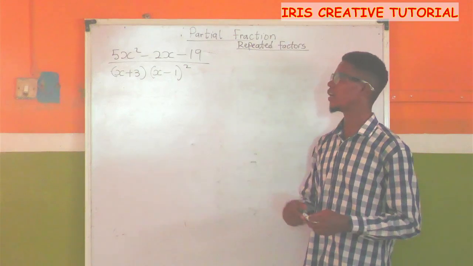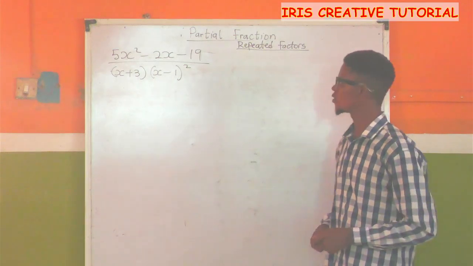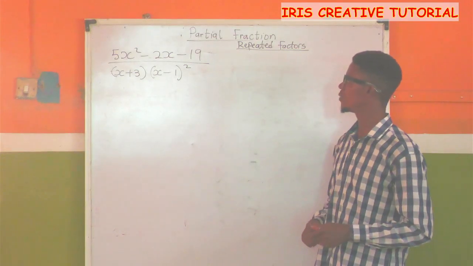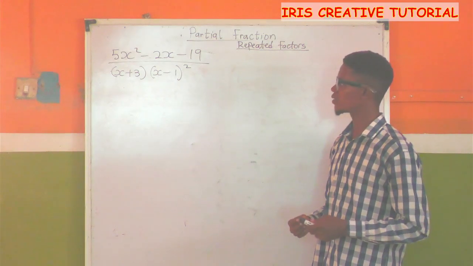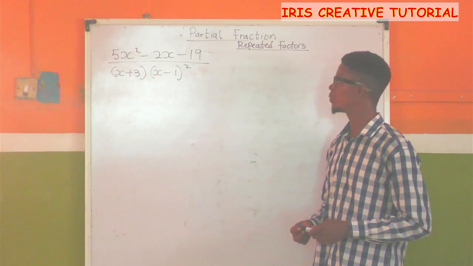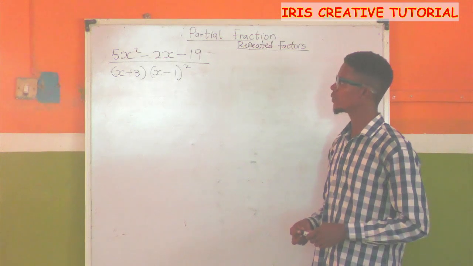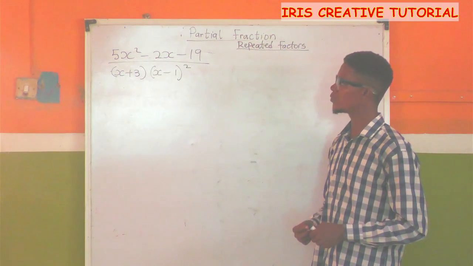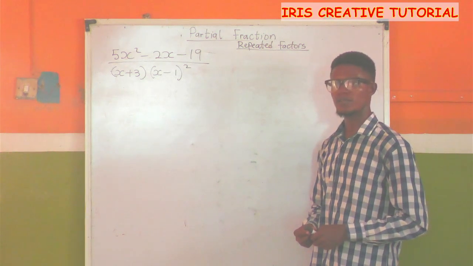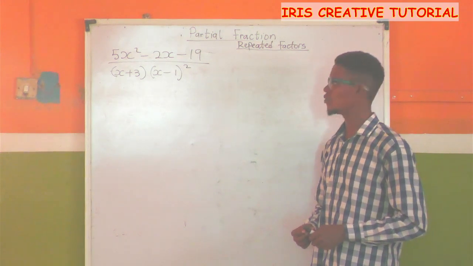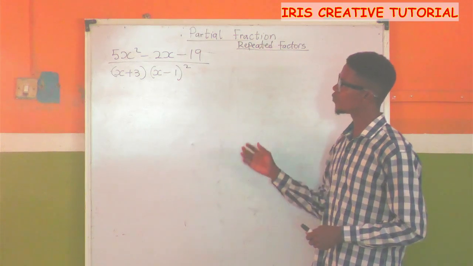Today we are continuing to treat partial fractions with repeated factors. In the previous videos we looked at the concept of repeated factors, and in this particular example we are going to have a denominator composed of a repeated factor and a linear factor. So I want you to follow me as I break down another way that you can have